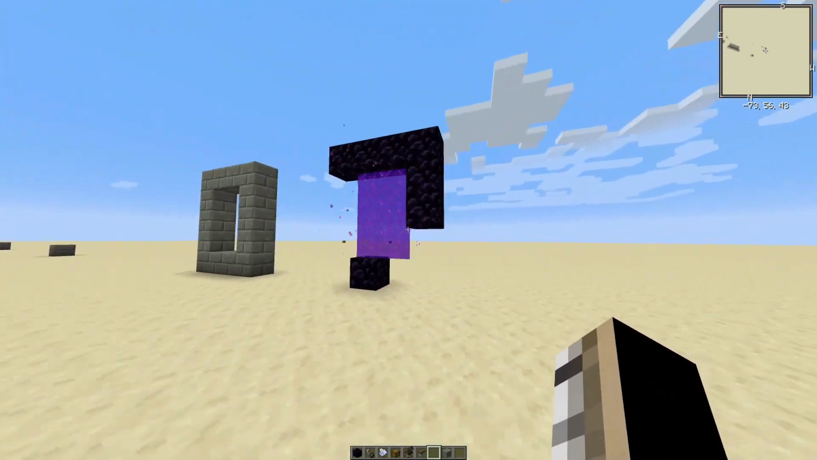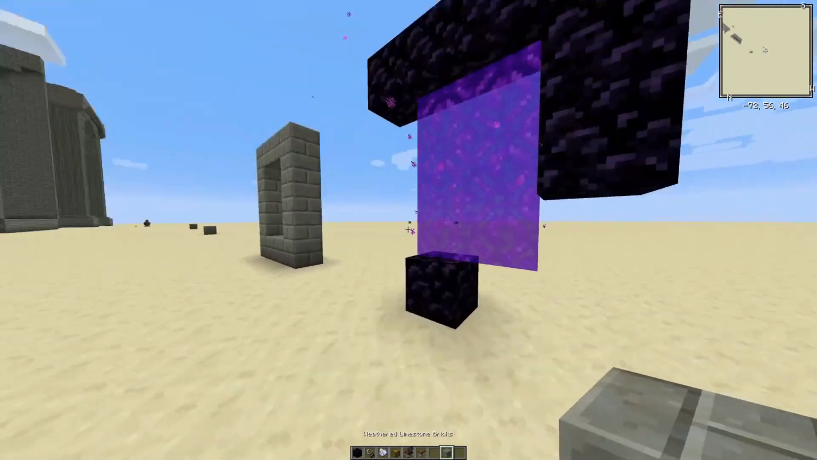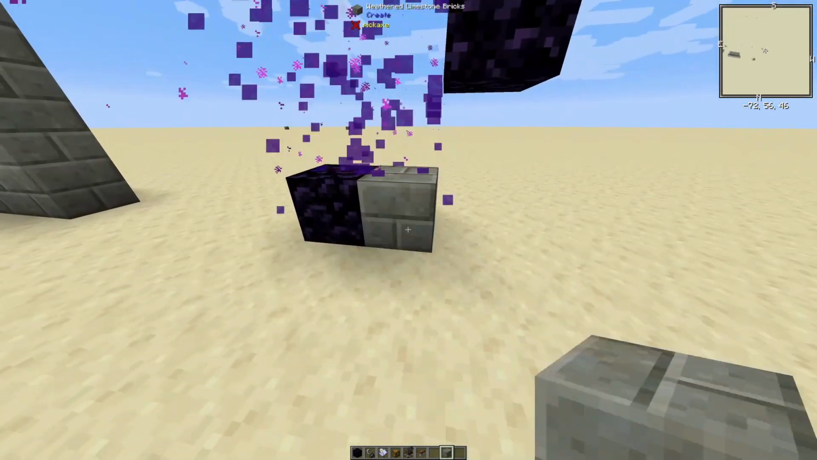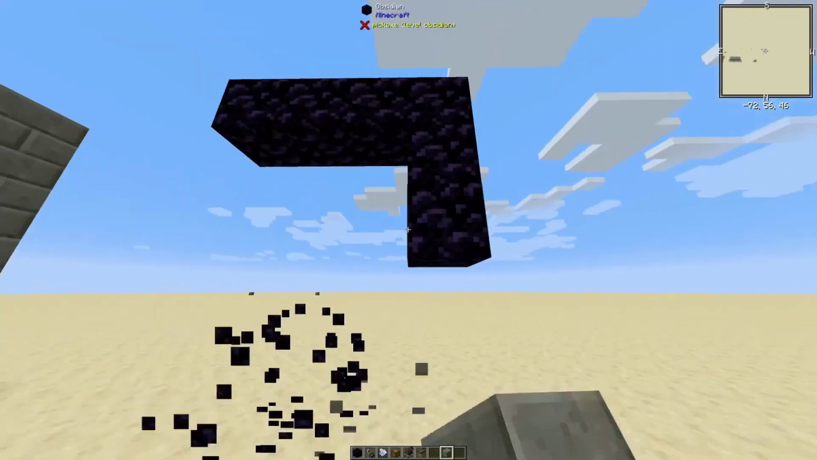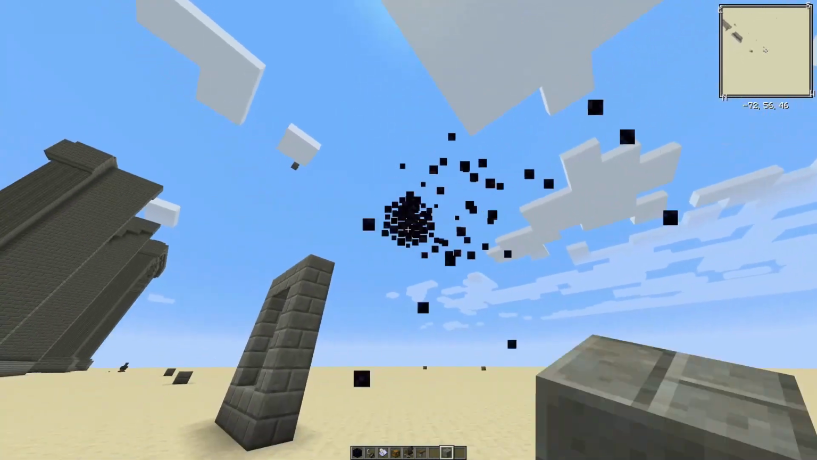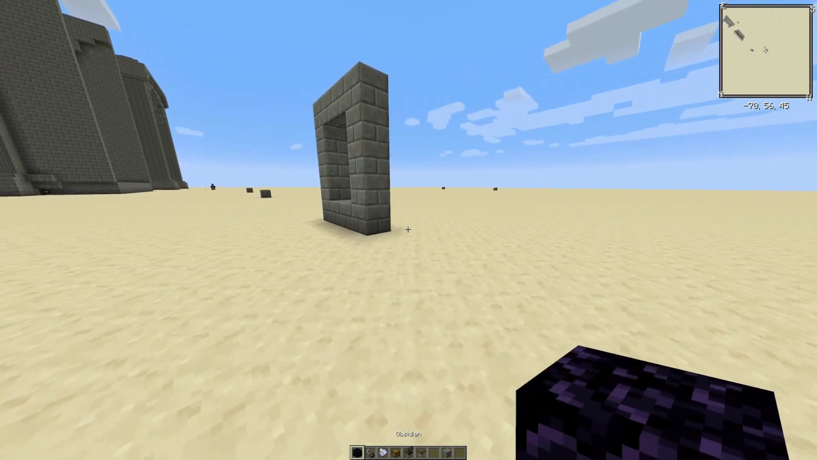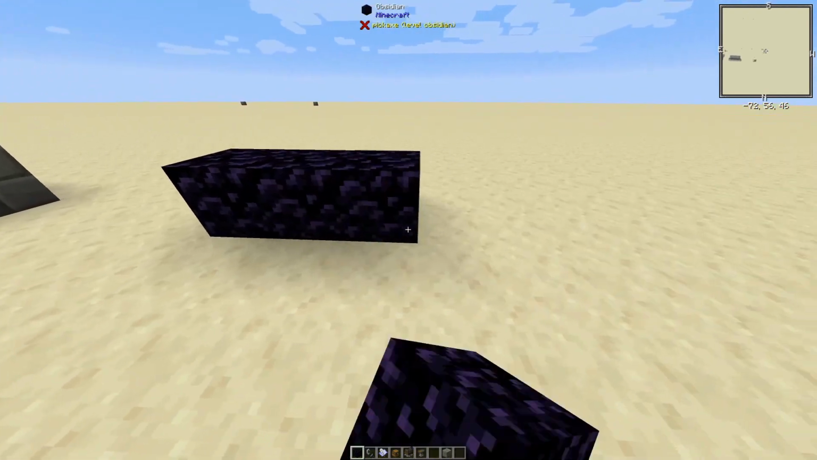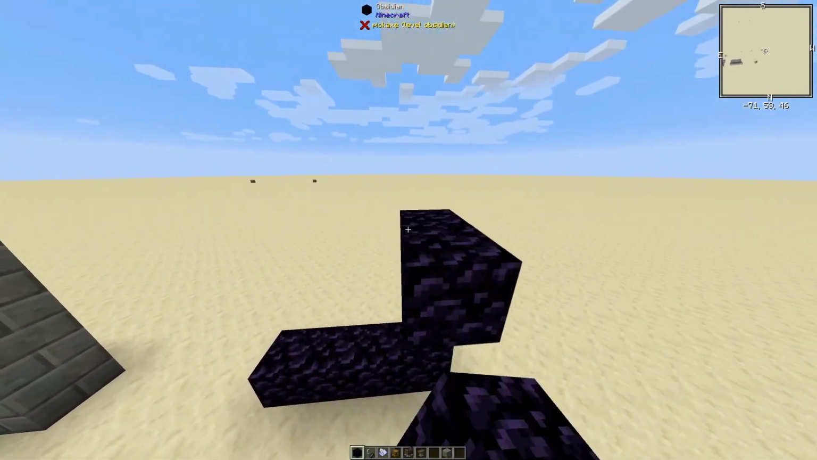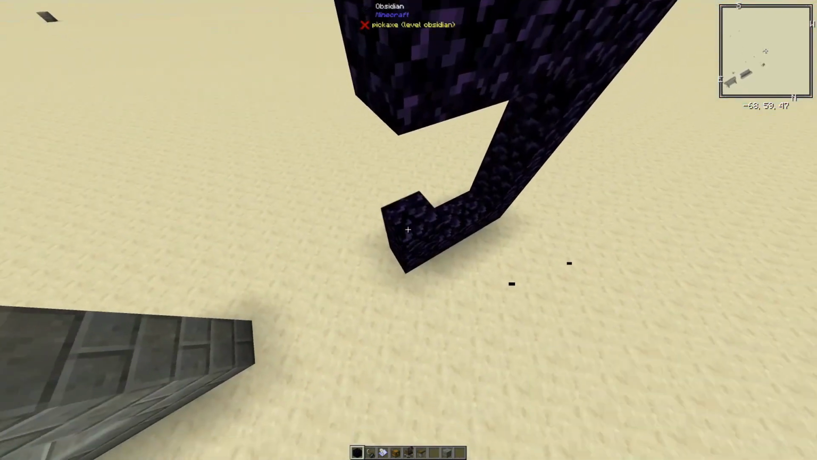Now, if you just went from here and you tried to get a custom portal, let's say I wanted weathered limestone bricks, place it down, it breaks. So you can't do that. So what you actually need to do is take your nether portal. I don't know why I broke that. So you're going to make a nether portal,